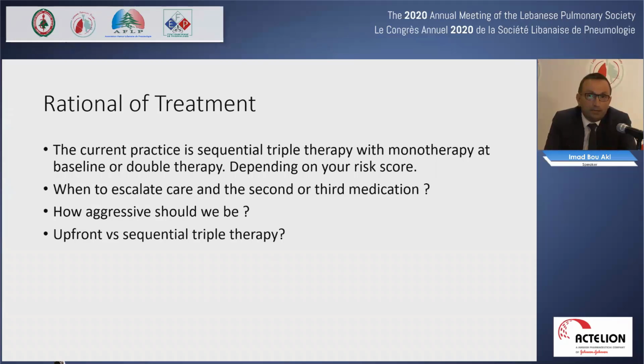Now, there are no randomized control studies comparing upfront triple with sequential escalation of care. So obviously when triple is compared to double, patients do worse, but what if you add the medication later on? Would the patient catch up? Those are reasonable questions, especially since the medications are very, very expensive. All of them have their own side effects. So to move up, it has to be worth it.